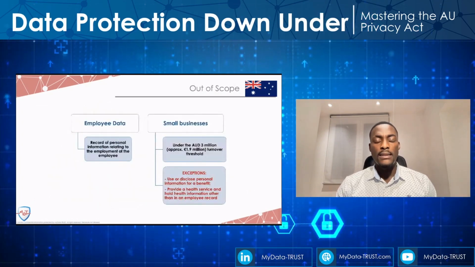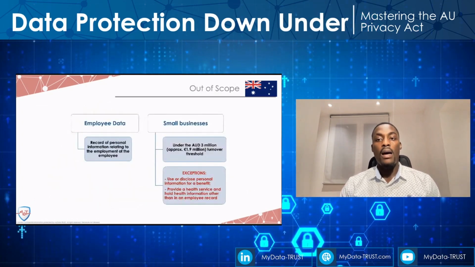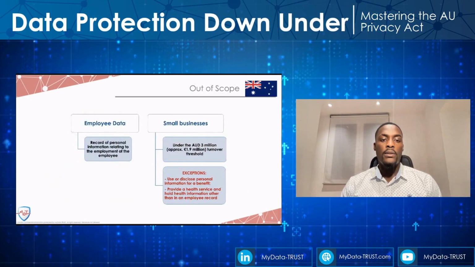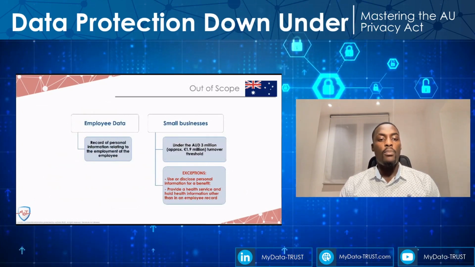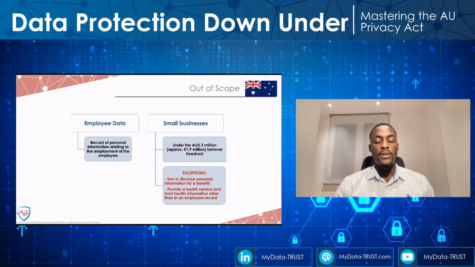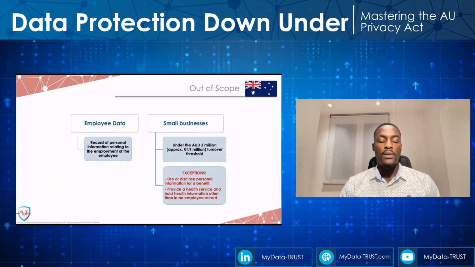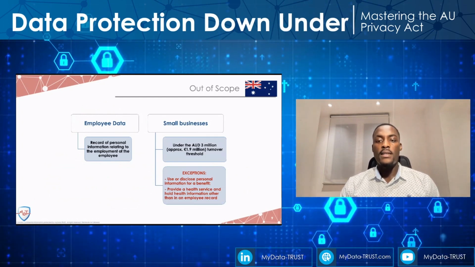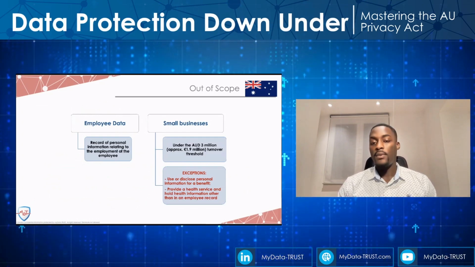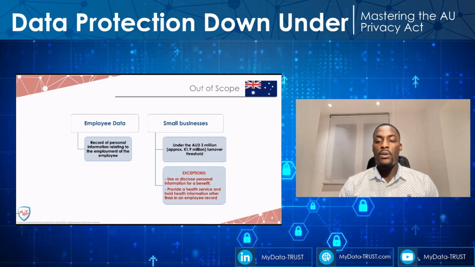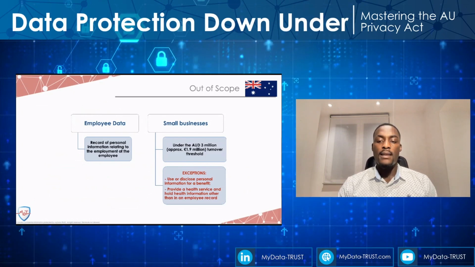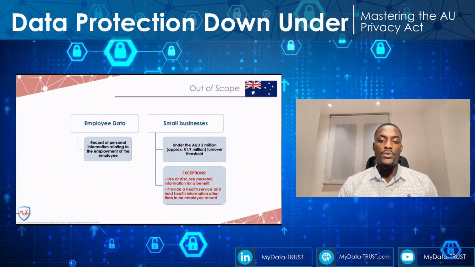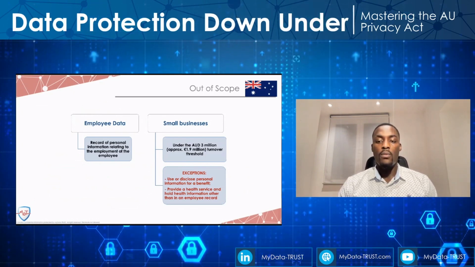Let's take a look now at what is out of the scope of the law. The Privacy Act does not apply to employee data. An employee record is defined as personal information relating to the employment. It also does not apply to small businesses. And a small business can be defined as an operator with an annual turnover of less than 3 million Australian dollars, approximately